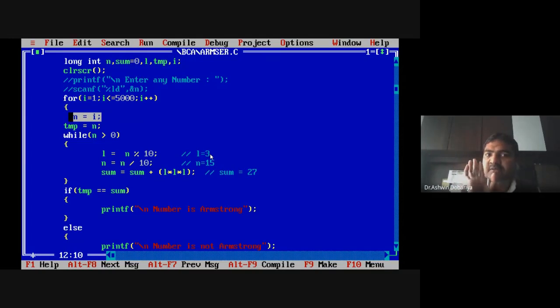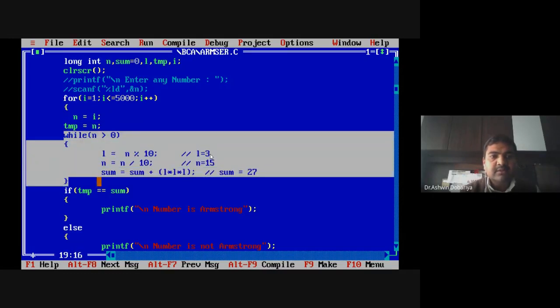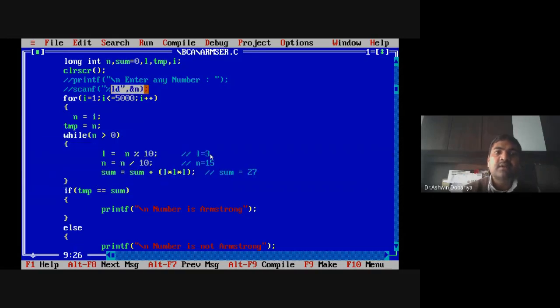Yes, sir. And we will also take one backup copy of n into temporary, because at the end of the logic we have to compare. Then it will do this whole process. Now see, earlier we were checking only one number, so first time sum is equal to 0. But here we are checking a total of 5,000 numbers.